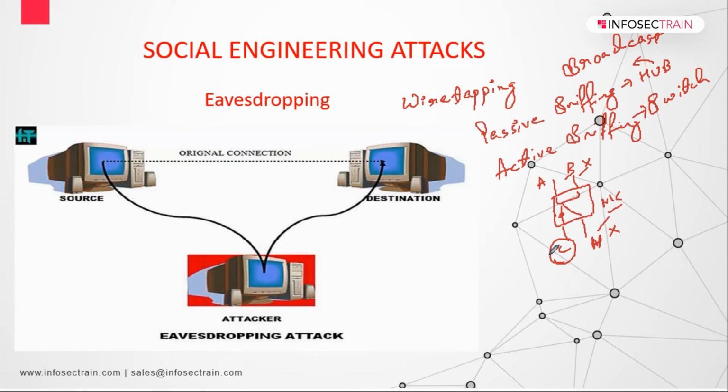But if we talk about passive sniffing, what happens is we have the Wireshark utility and WinPcap. What they do is change this particular NIC port, which is in managed mode by default, absolutely, which is by default in managed mode. It changes this from managed mode to promiscuous mode.